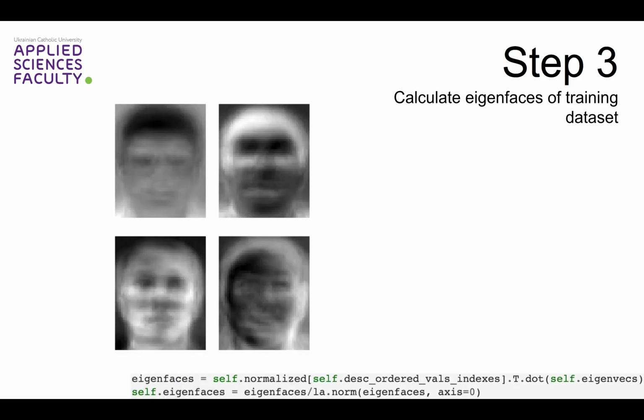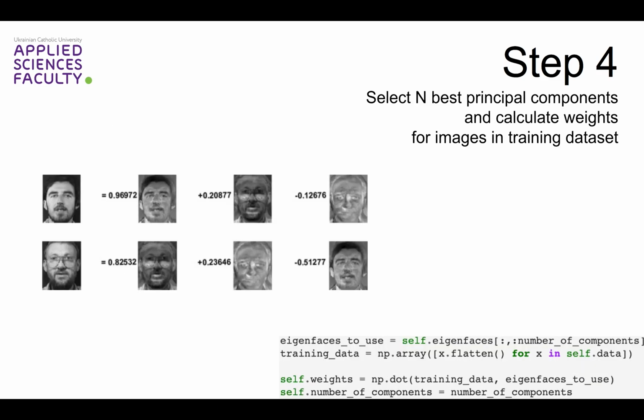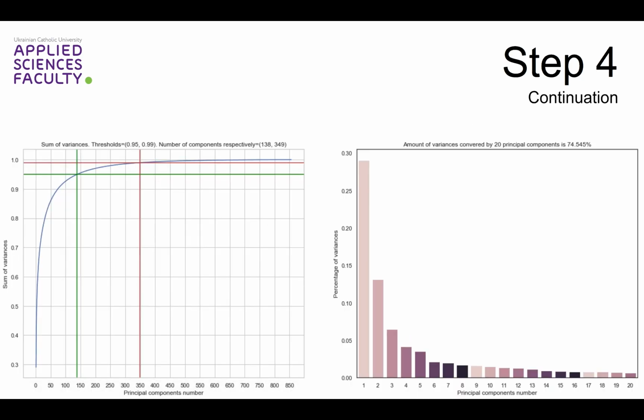By multiplying the centered image vectors by the eigenvectors, we will obtain so-called eigenfaces. And now we could represent each image in the dataset as the weighted sum of the eigenfaces. The more eigenfaces are being used, the more accurate the recreated image would be. As far as the eigenfaces are sorted in descending order, we could see that each of them contains a different amount